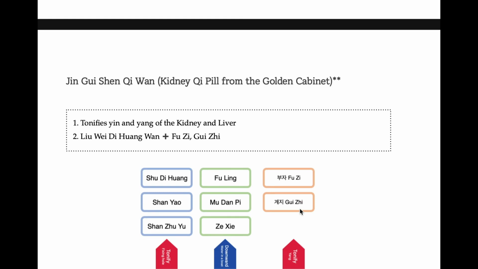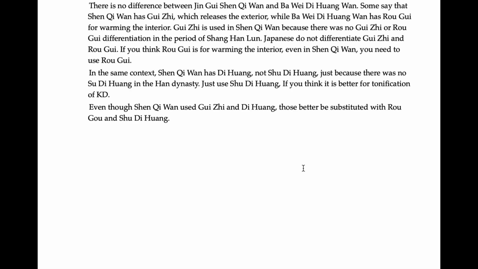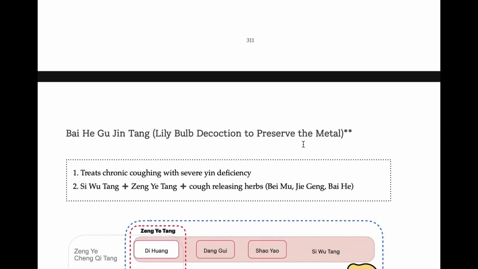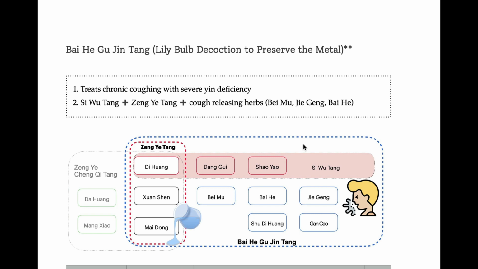Which herbs were added to 바젠탕 to make Sichuan dabutang? Huangqi and rogui. And 바웨이디왕wan, Fuji and rogui. Similar, same yang deficiency. They treat yang deficiency. And 바이해 구진탕, sometimes it is classified as yin tonifier and dryness formula. Either way is fine. This one is very similar to my way D11. It treats dry coughing with yin deficiency.